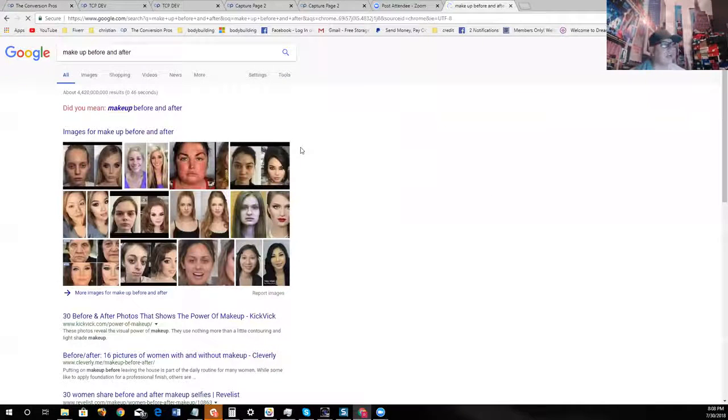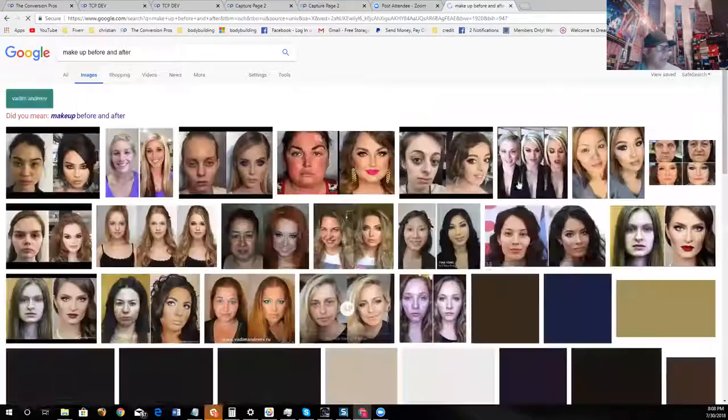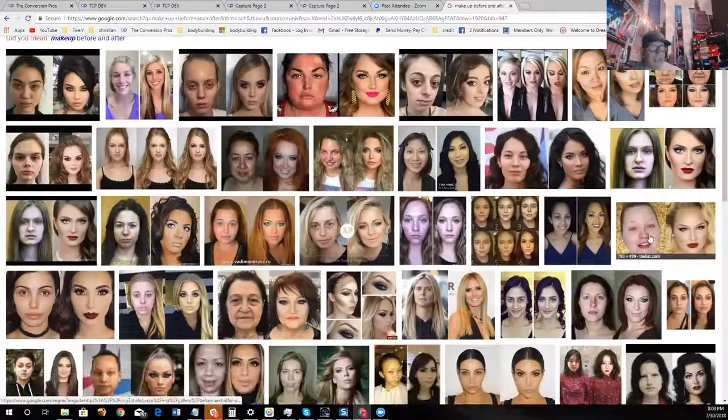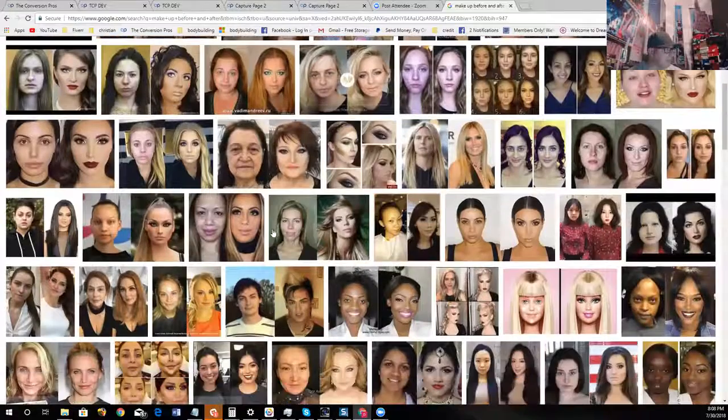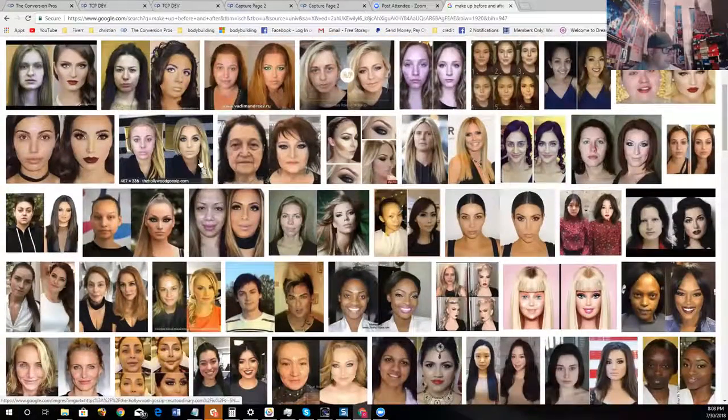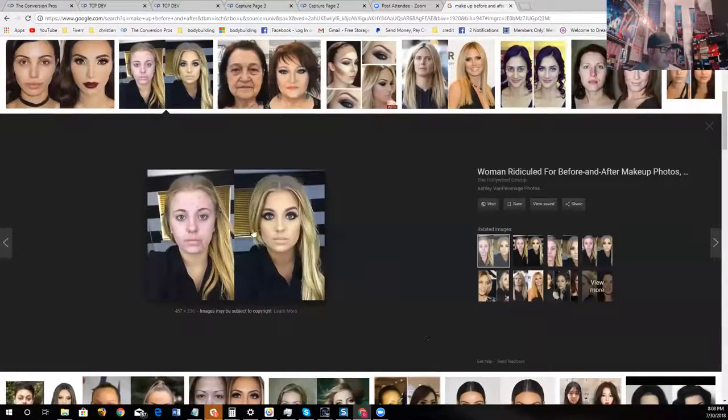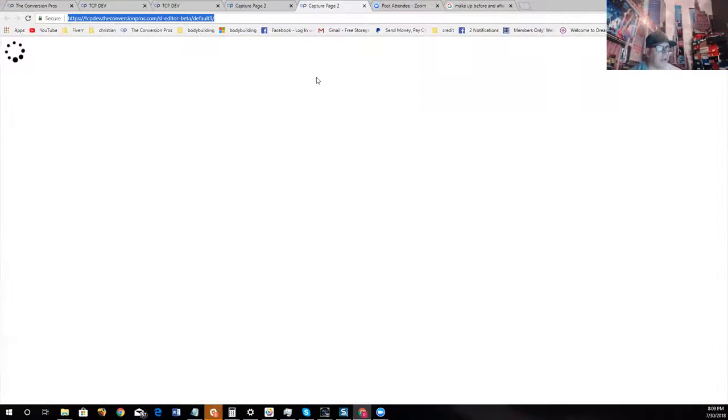Now you want to use non-copyrighted images. I'm just grabbing some images here for use, but you want to grab some non-copyrighted images. Let me see like a crazy before and after here. Something that actually looks kind of good. I guess that one looks pretty good. So if I wanted to use this, copy image address, I'd come over here